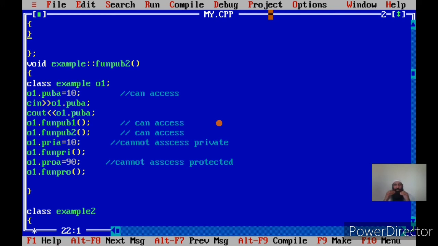The data is hidden from the non-member functions, not from the member functions. For member functions there is no data hiding. Member functions can access both the private part and the protected part, but the non-member functions can access only the public part. The private and protected part is not accessible to them.